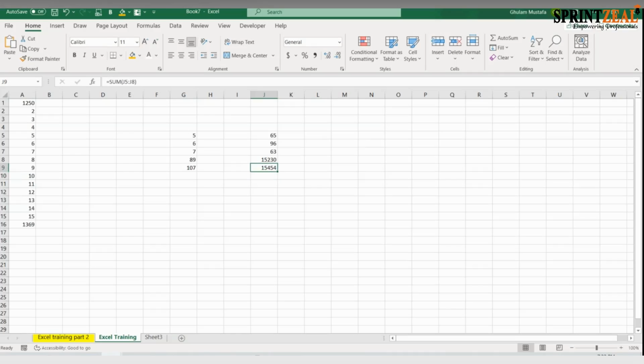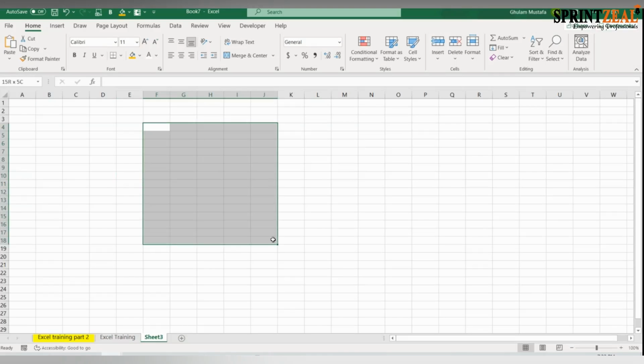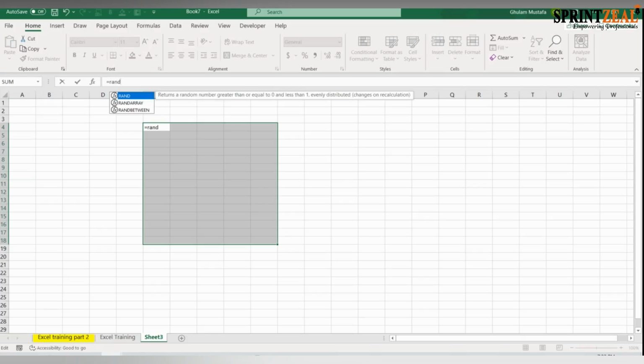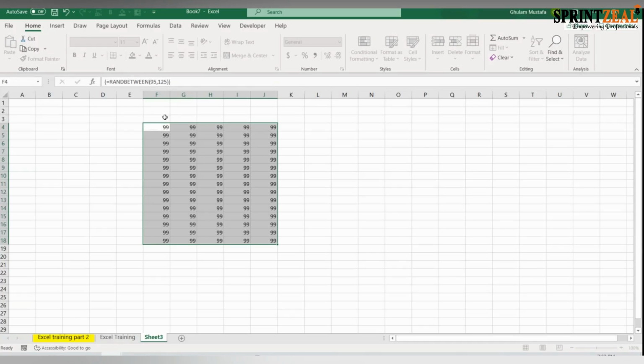Likewise, you can apply different kinds of functions. Okay, let me create a new data set for you. I'm just creating dummy data.